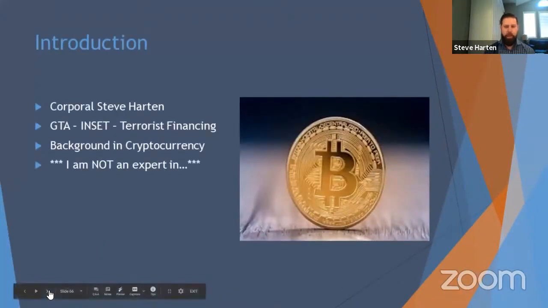I've been a member of the RCMP since 2009. I joined and was originally posted to Saskatchewan, where I lived for 7 years in the darkest dark and the coldest cold that Canada has to offer. It's pretty cold in some of those places. Since then, I came back to Ontario, my home province, and I was put into the serious and organized crime unit. So some of those syndicates that Joseph was speaking about were some of the targets of my investigations. I know the Musitano family very well and their unfortunate demise.